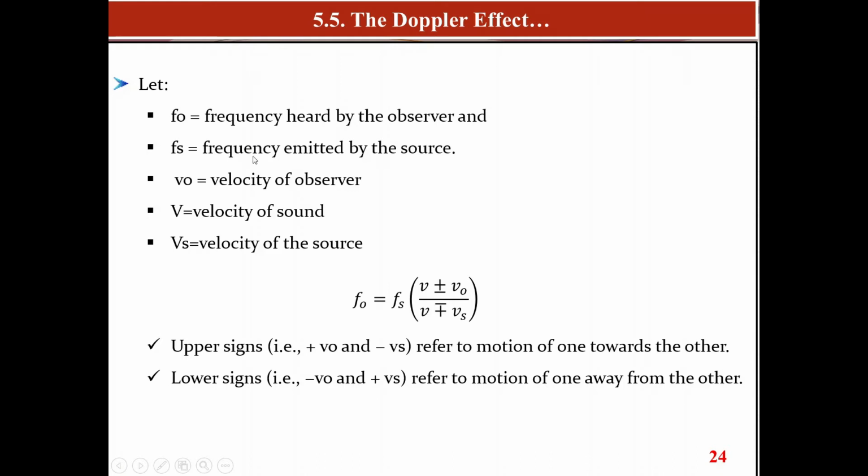F sub s is the frequency emitted by the source. In our case, you can consider a police car. V sub naught is the velocity of the observer. V is the velocity of the sound. V sub s is the velocity of the source. Now, the frequency of the observer is equal to the frequency of the source multiplied by